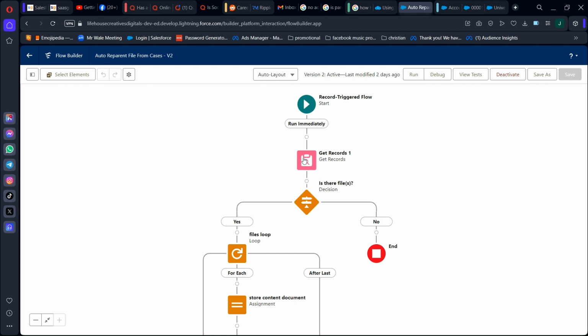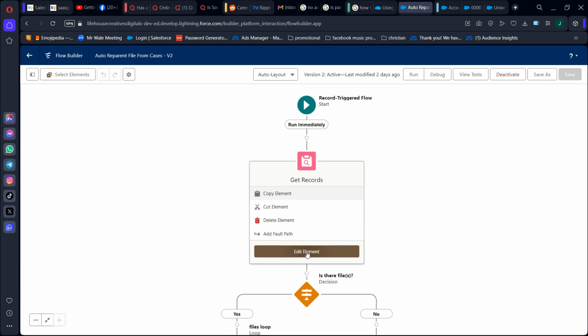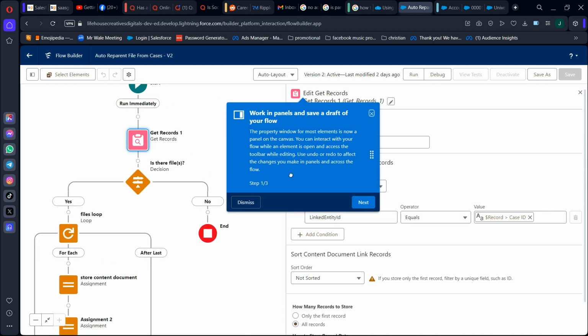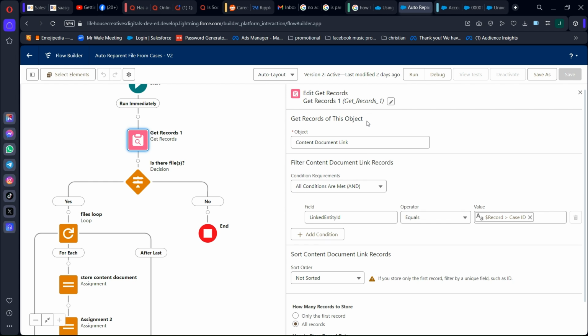As you might know, in Salesforce, there is an object called ContentDocumentLink. That is what is being used to get the files. The object is related to file, so ContentDocumentLink. So what I did here was